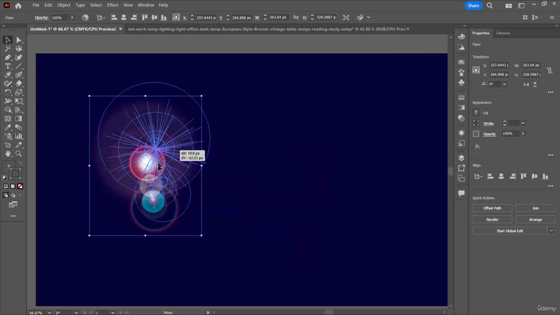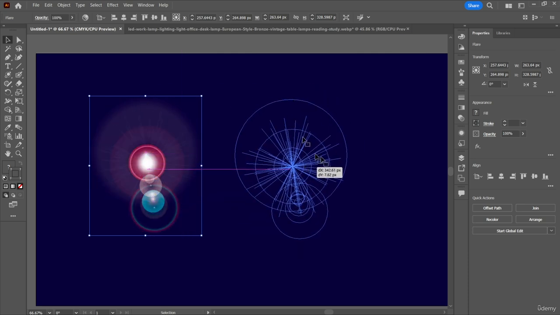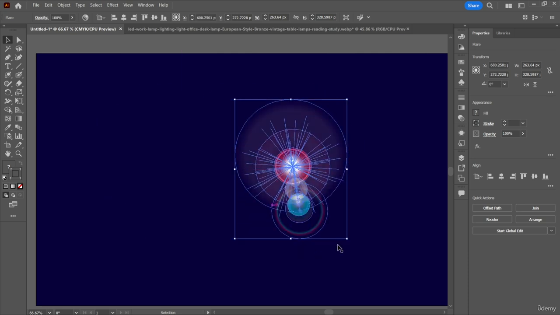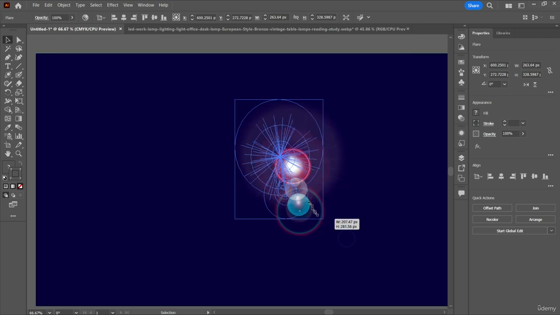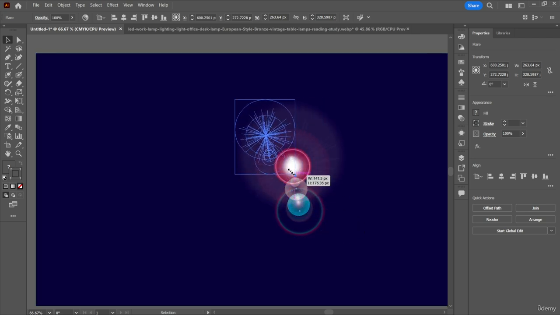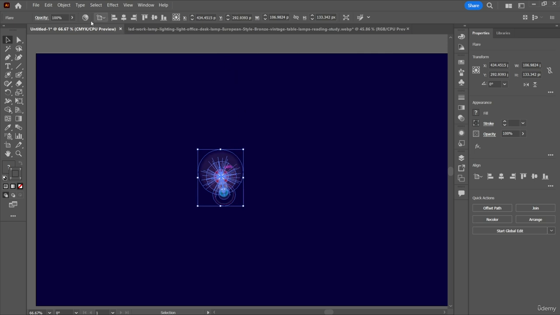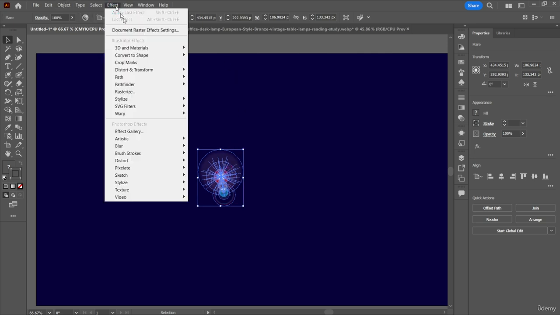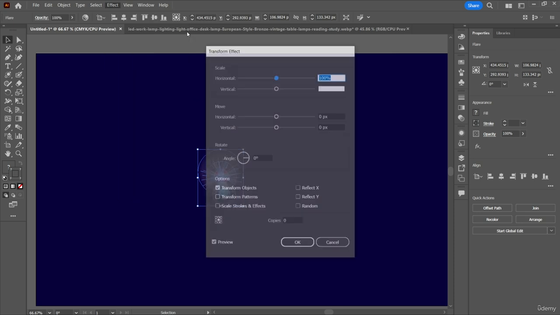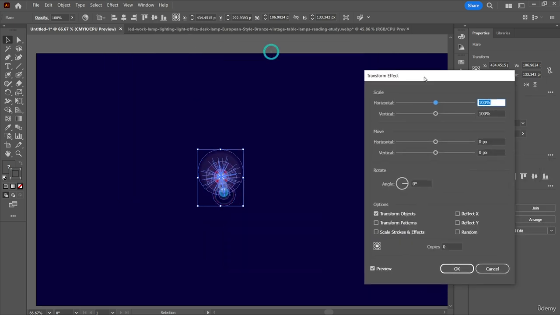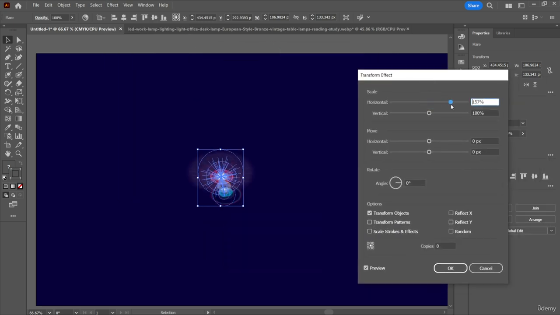And now let's go to Effect, and then let's go to Distort and Transform. And over here you can see that we can change the horizontal and vertical size of our image, and then we can also move it to a certain degree. All right, then we can also rotate it,